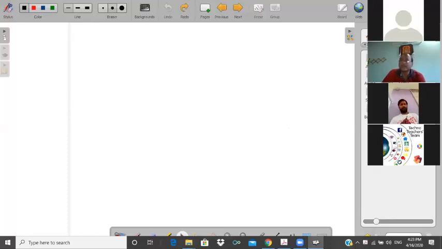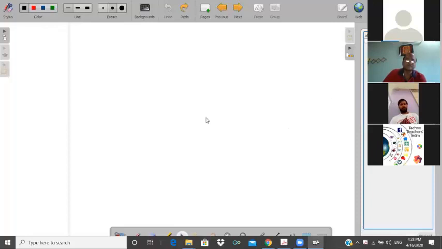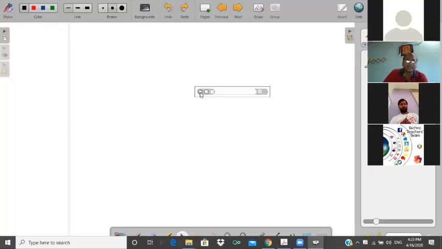Here are some icons you see: audio, movies, pictures, animations, interaction, like that. In this one, I just click this. There are sounds. I drag these sounds. I click this one. This is a sound.